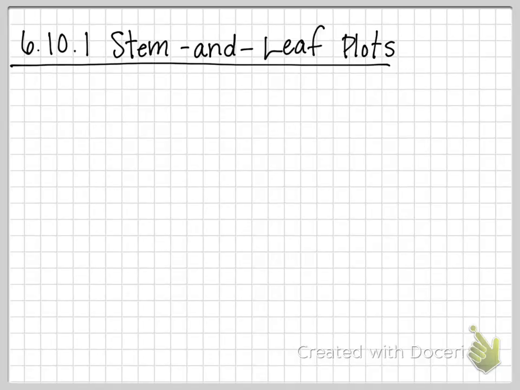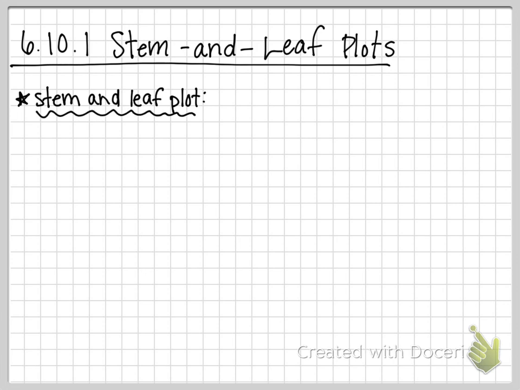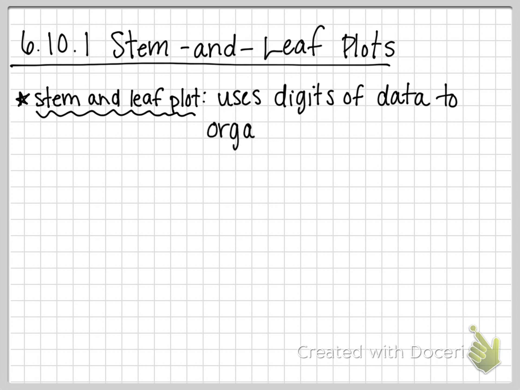Stem and leaf plots and using a stem and leaf plot to display data. So let's start with just the definition of a stem and leaf plot. It uses digits of the data, like the tens place, the ones place. It uses the digits of the data to organize values